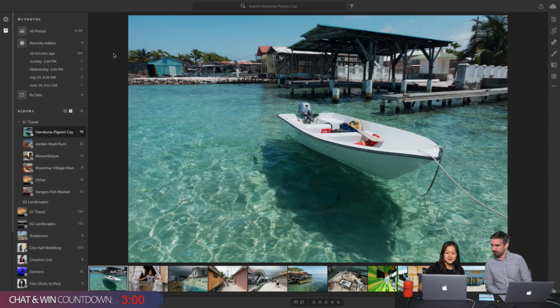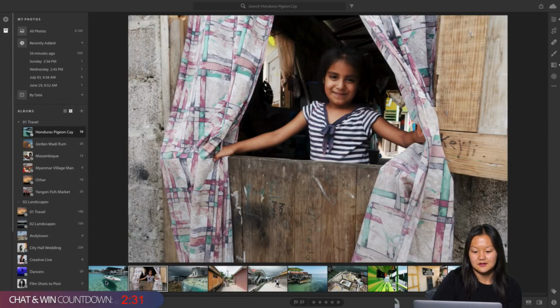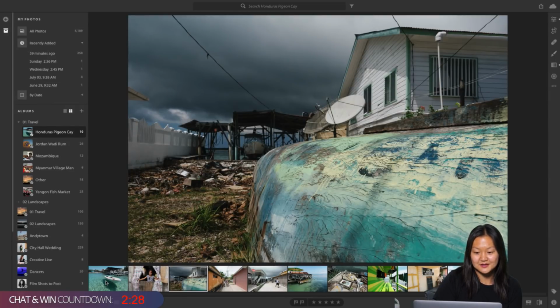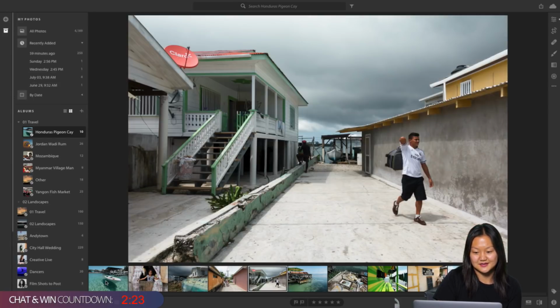This is in Honduras at a small little island called Pigeon Key. I think there are something like a couple dozen people who live there. It's amazing. It's fairly remote. I was on a snorkeling and diving trip with my mom, and we were already a little off the mainland. This was an island that we had to take a boat to from the little island that we were on. I only had a couple hours there, but I was able to walk around and see the town. Essentially, the 10 images here encapsulate what the whole little village looks like. And it was really fun.